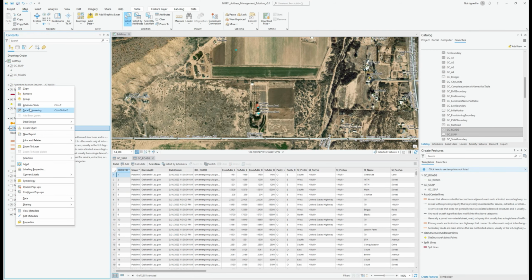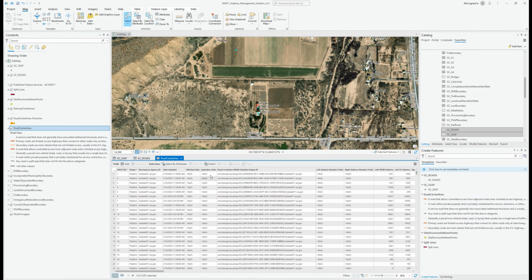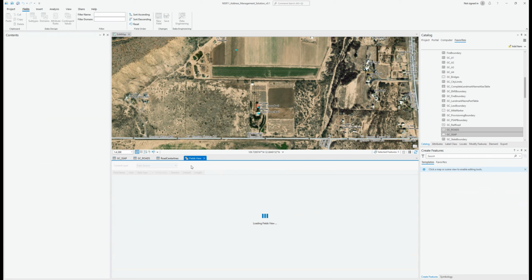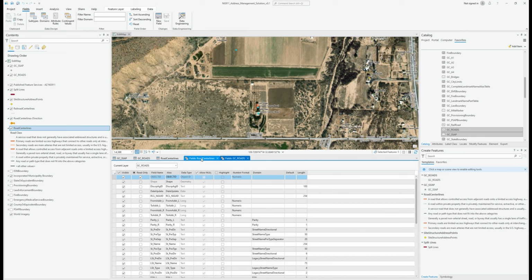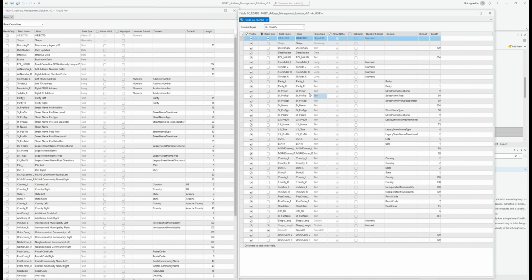You may also want to open the field view for your road center lines local schema and compare it side by side to the road center line feature class template that has been provided in this Pro Project template. Reason being is you can really dive deep into not only the data design, looking at what those domains are outlining, but additionally, you can see where nulls are not going to be accepted in the feature class template, in which case you will need to do some front work with your data